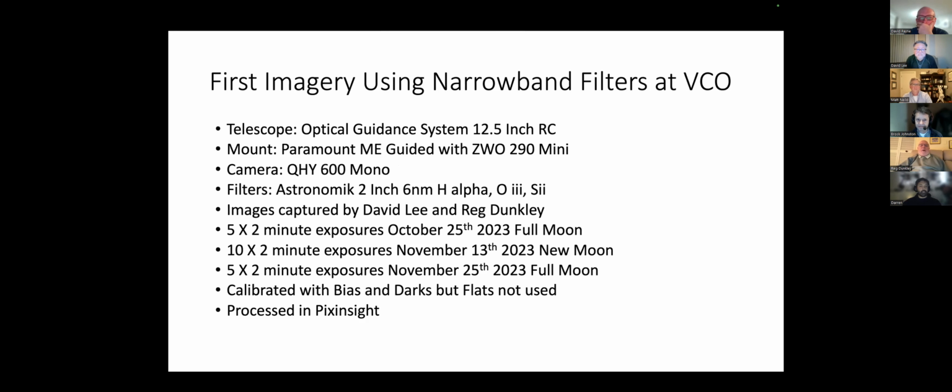We were using a 12.5-inch Ritchey-Chrétien telescope, f/9. The Paramount was guided with a ZWO 290 Mini guide camera, and our main camera is a QHY600 mono,